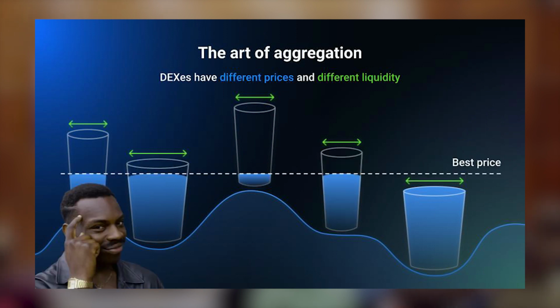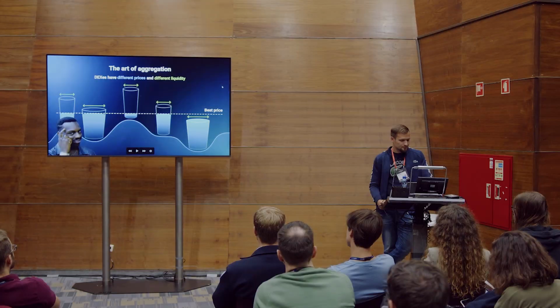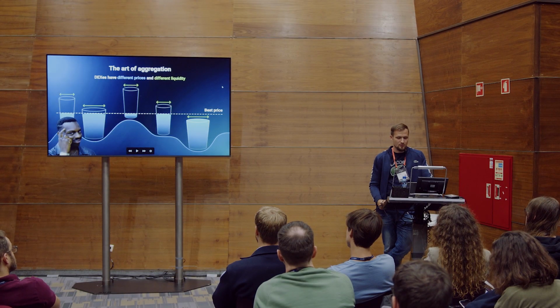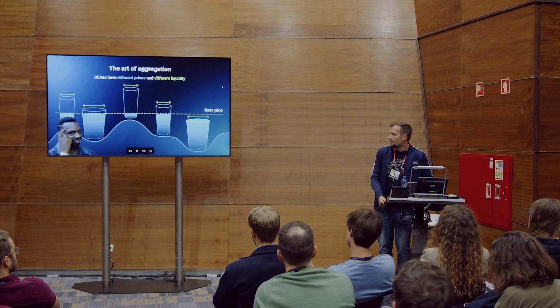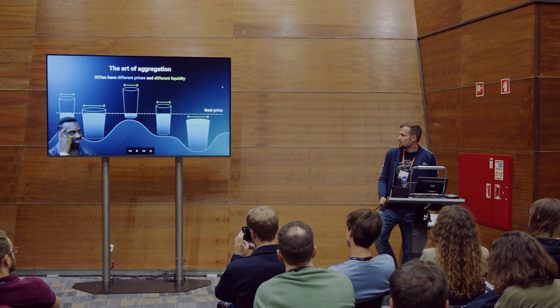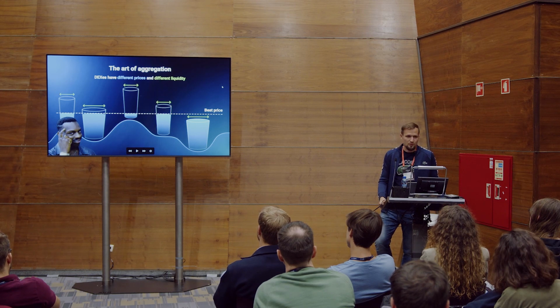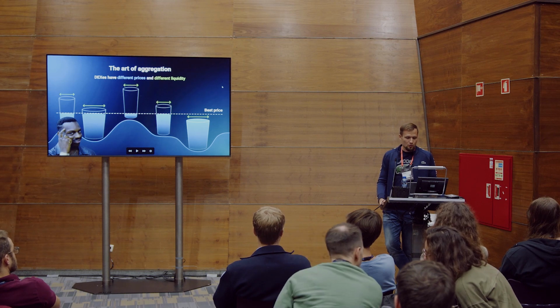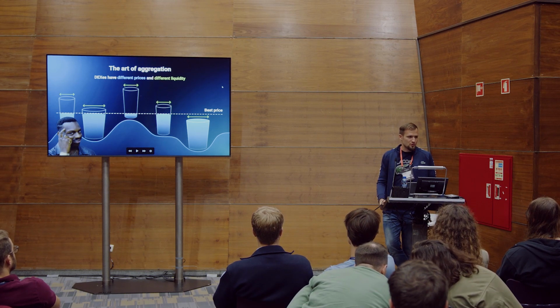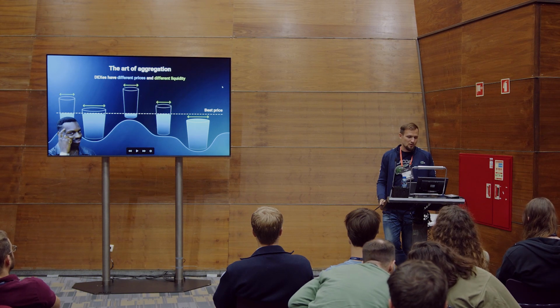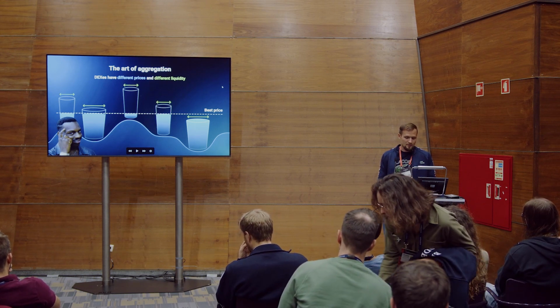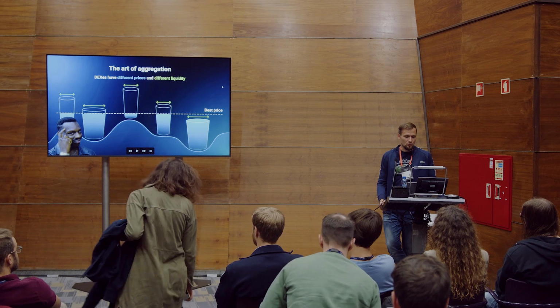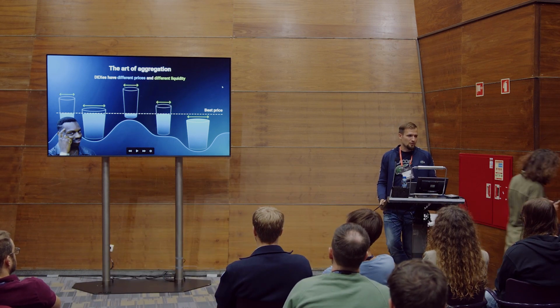But the smartest way here would be something like this. After your aggregated swap, you would almost equilibrate prices on all these DEXes. And this would also make any arbitrage impossible. So if you would swap on any separate DEX, you could potentially introduce an arbitrage opportunity. So someone will backrun you and get profits from this. So that's exactly what you lose if you swap on a non-aggregator.